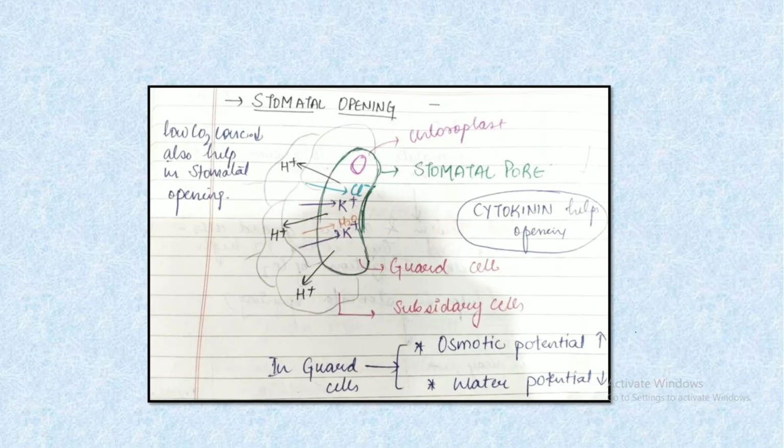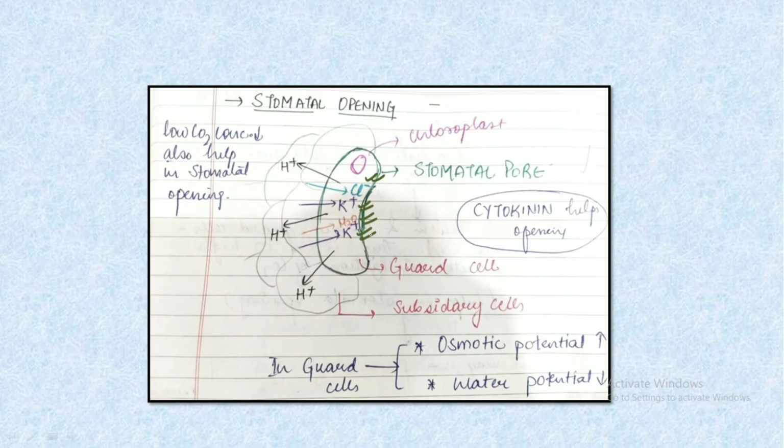So as you can see in the figure, this is the complete representation of the stomatal opening mechanism. We have inside the guard cells the Cl minus, K plus, H2O and H plus. As a result of these many components inside the guard cell, there occurs an increase in the turgor pressure of this particular guard cell. And also because of the increased turgor pressure, along with the endosmosis of water inside the guard cell, there occurs the swelling of the guard cells, and as a result there occurs an opening of the stomatal pore.